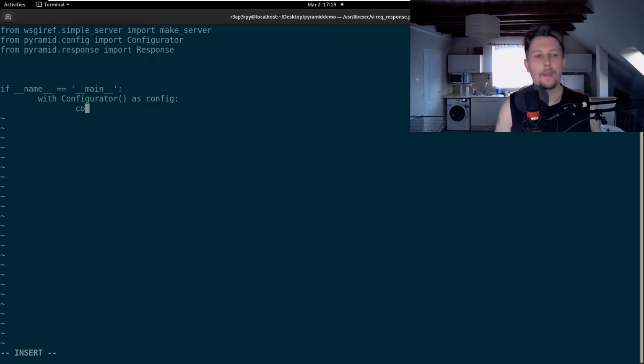We would like to have the add_route function, and we would like to add the hello to the default context route, and the config.add_view, and use the hello_world, and the route name is going to be hello,